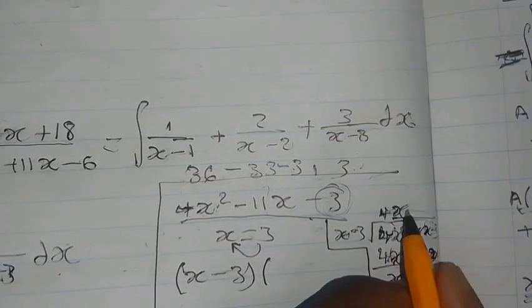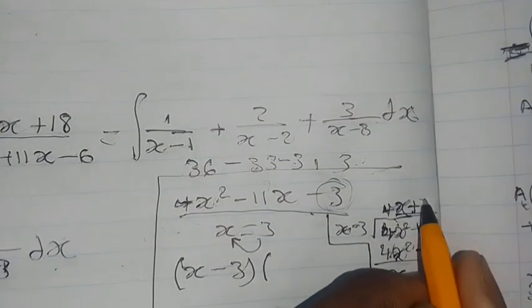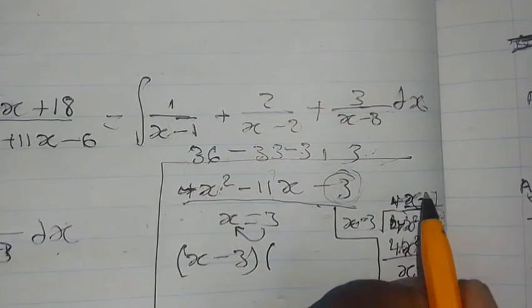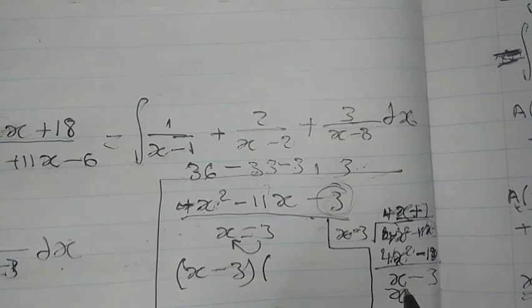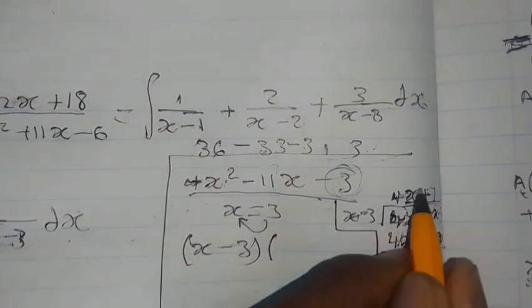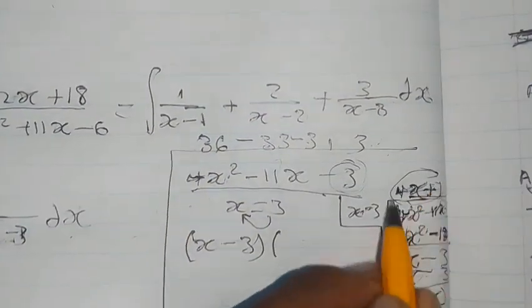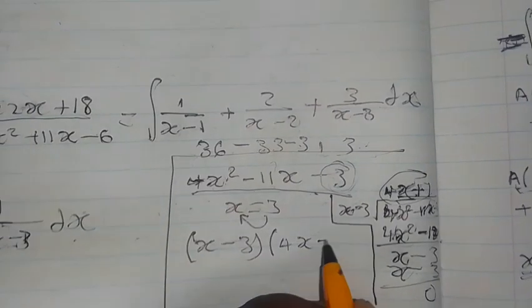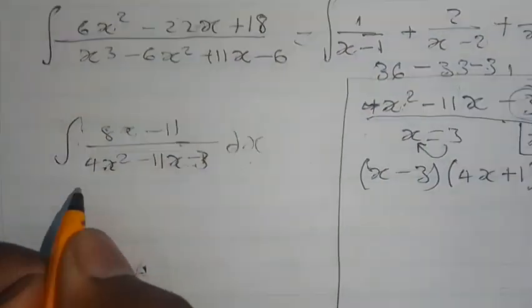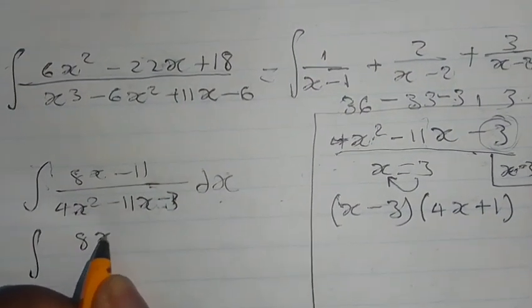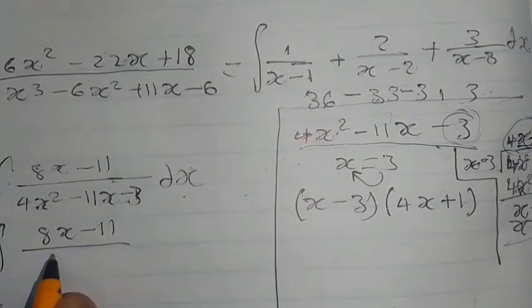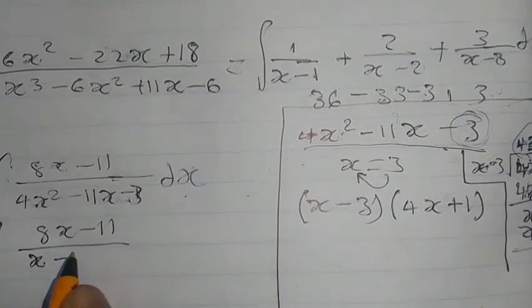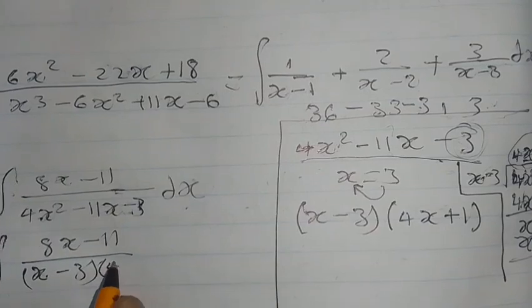x divided by x is 1. And then 1 by x is x, 1 by minus 3 is minus 3, and if you subtract that, you get 0. So that means in the other bracket, you'll have 4x plus 1. That's how you factorize this one. This will be the same as 8x minus 11 over x minus 3 into 4x plus 1